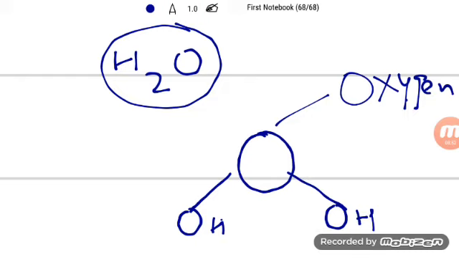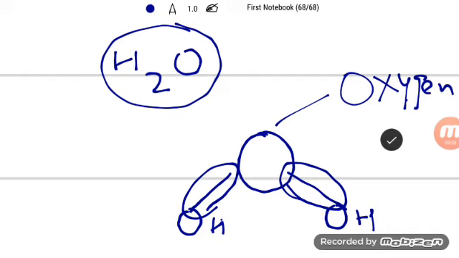So this thing is a bond. Basically these are the interactions, and these are called chemical bonds. The molecules do not take part in a chemical change, so it should be a physical change. The molecules do not take part in a physical change. You can make the correction over there.